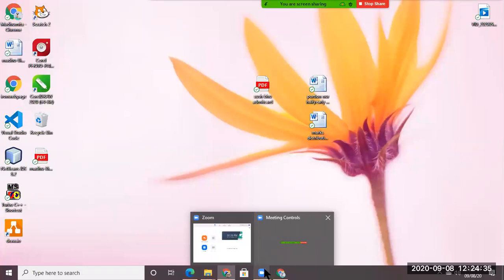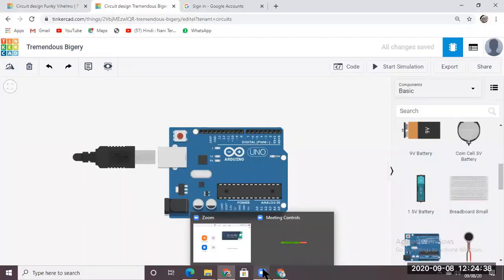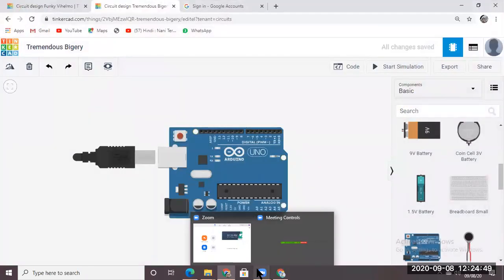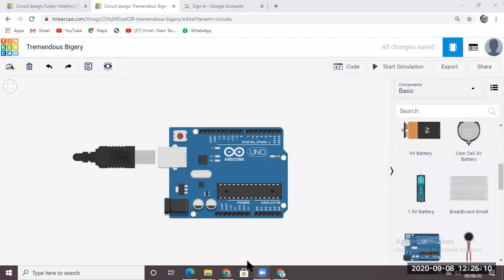So how does it work? There is a sensor. You can create your own automatic gate. You place a sensor over the door and connect that sensor to the Arduino board, and the sensor will give a command when it detects any person standing in front of it. It gives the information to the Arduino board, and then the Arduino board will do some action.